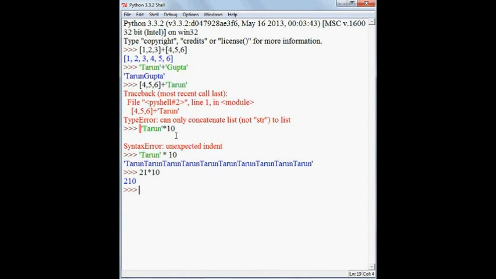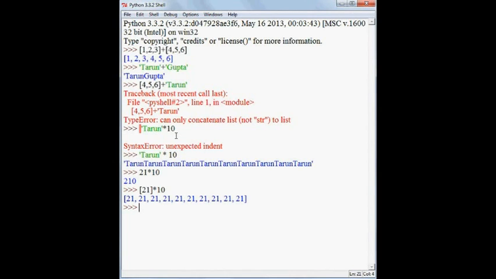If you want to repeat 21 ten times, then you have to enclose 21 in square braces as an element of a sequence. So go ahead, type 21 in square braces, then multiply it by 10 and press enter. Now you can see that you get 21 ten times. These are two ways: one, how to multiply numbers, other is how to multiply items of any sequence.